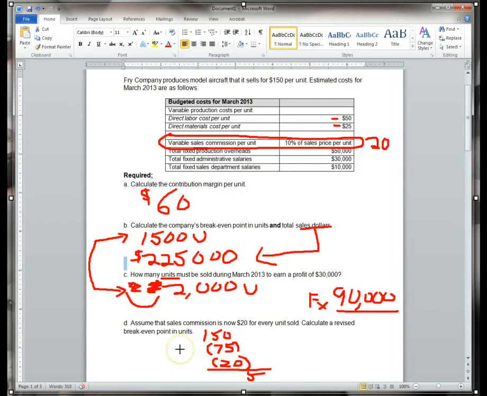Let's see, what's 95 minus 150? Is that 55? I'm going to have to pull out the calculator. Sorry, guys. It is a weekend, and it was a Broncos game last night. 55. Hey. So you take the 90,000 over the 55, which is your new contribution margin per unit. You also know 20 is bigger than 15 by $5, so it's going to be $5 less, so that all works out. Let's take the 90,000, divide it by the 55, and that gets you